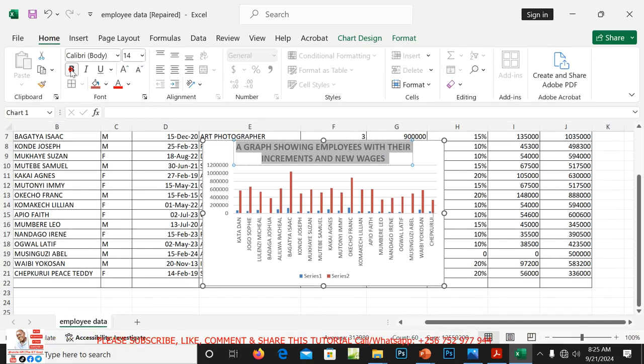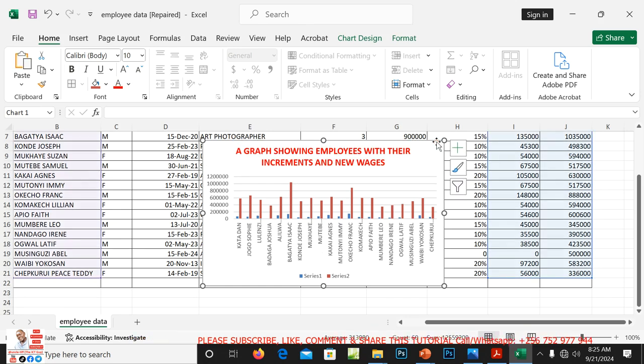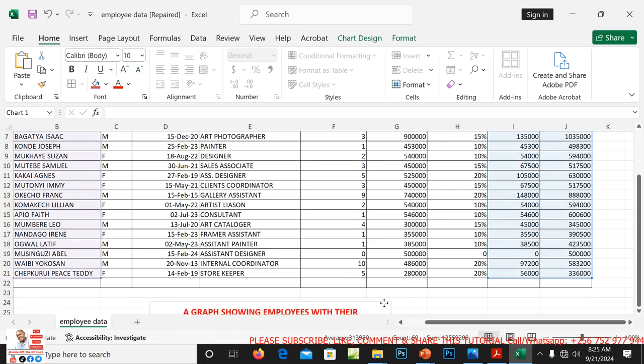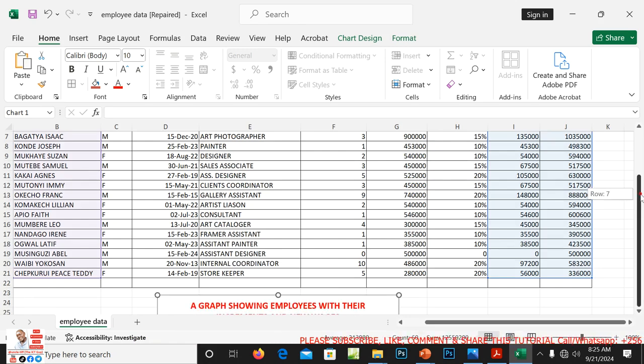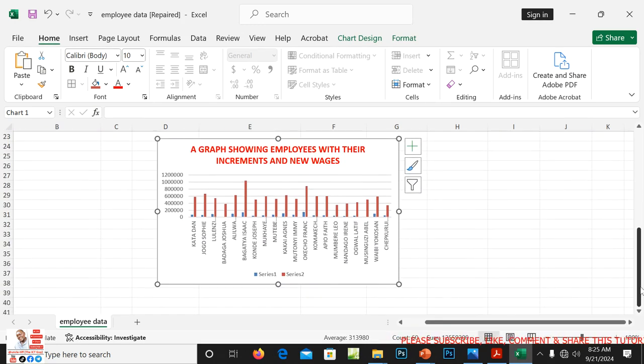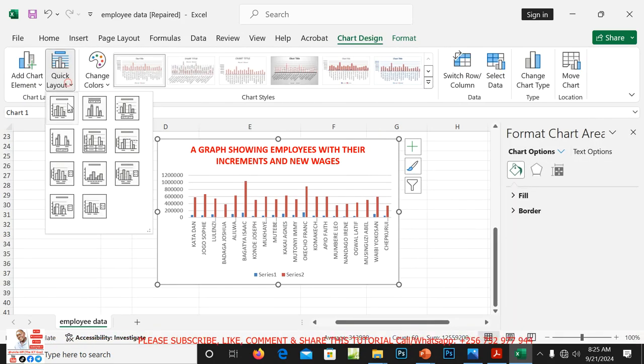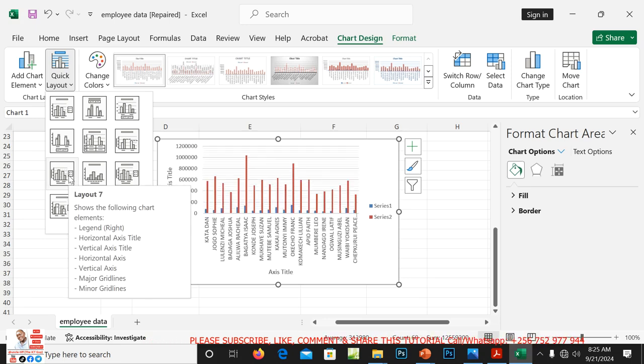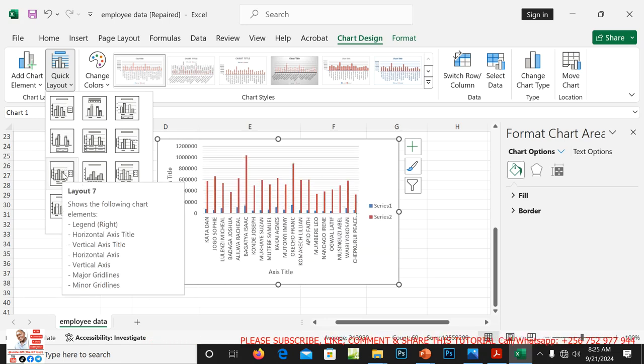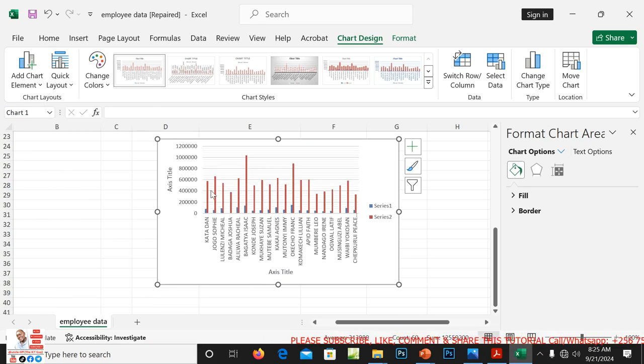I can bold this, I can have a font color there. You can still make some changes by naming the y-axis and the x-axis.